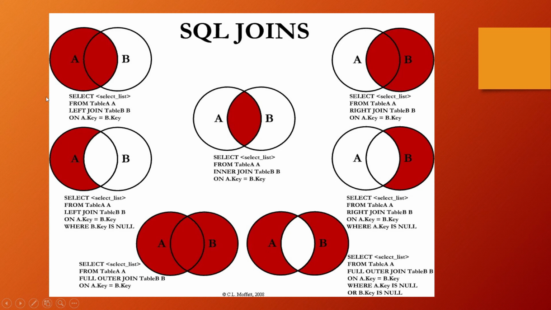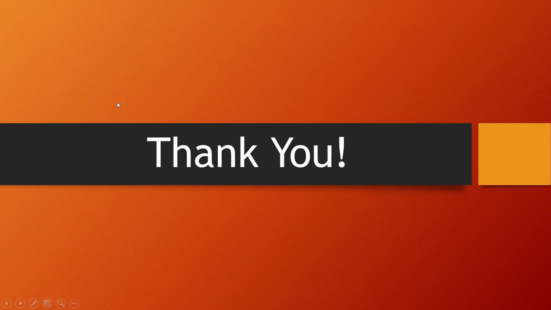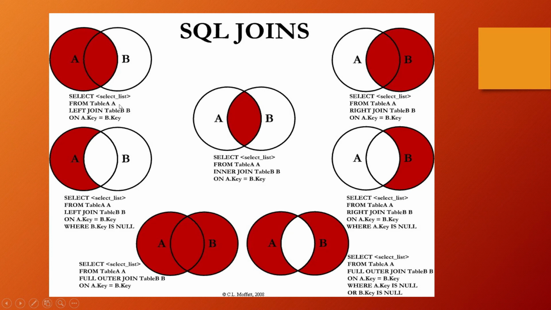Let's see the query for all these. For left outer join, we write select the column we want to fetch from table A, left join table B. Here this A and this B are aliases given to table A and table B, and we are performing left join operation on columns key from both the tables. So A dot key equals to B dot key. Similarly, for right outer join, we'll have right join over here in the place of left join, and in full outer join we'll have full outer join over here. In inner join we'll have inner join over here. Rest all the query is the same.